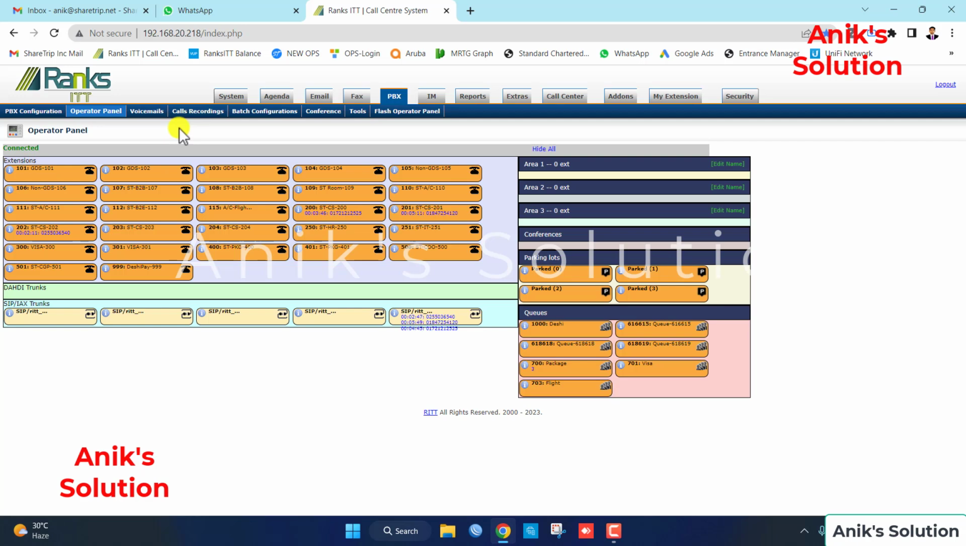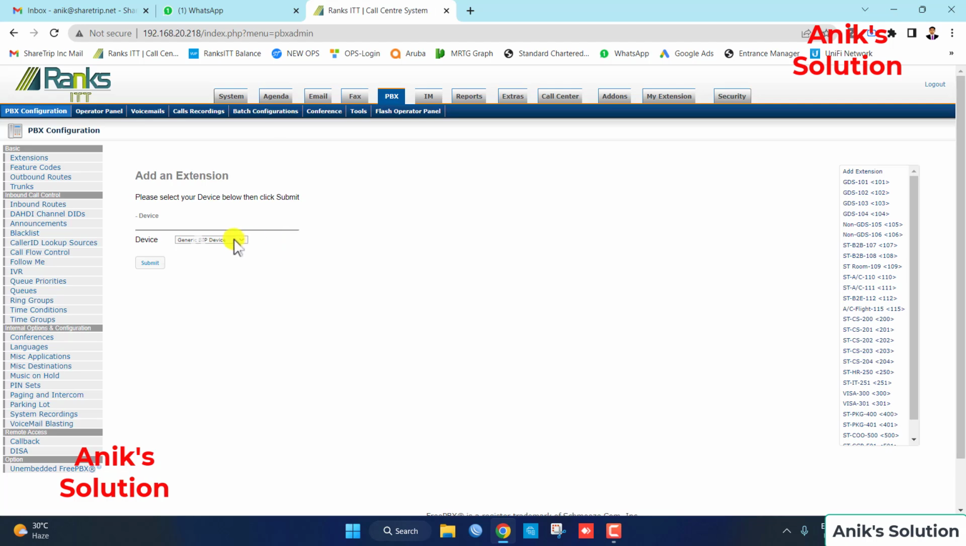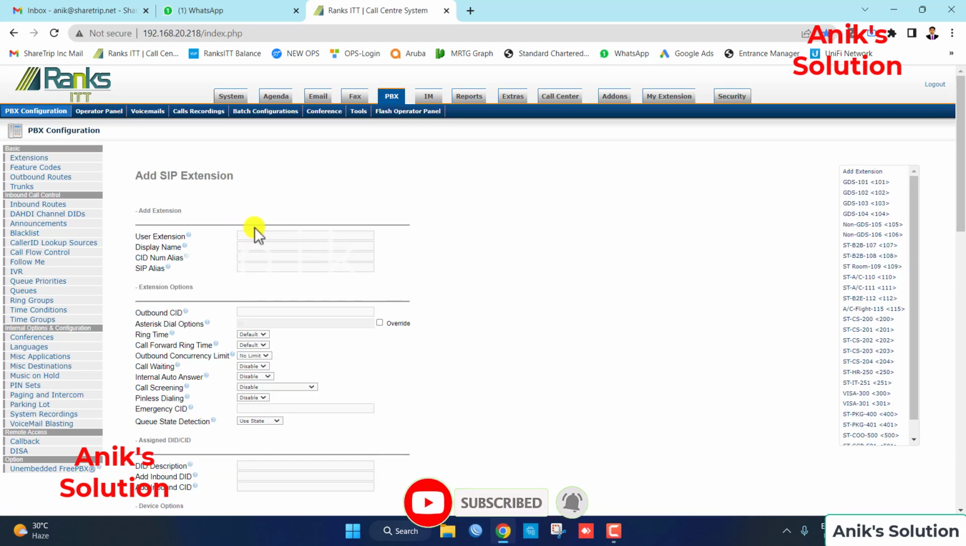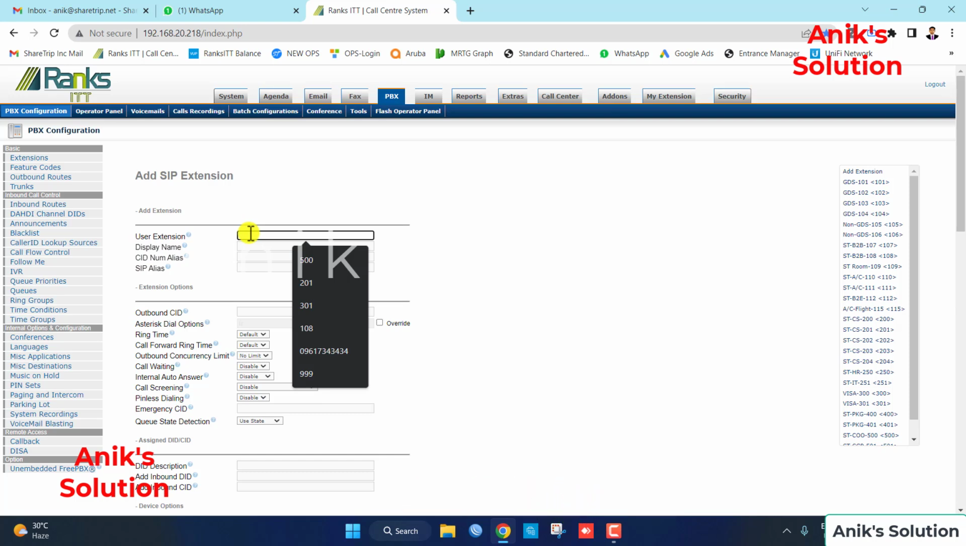Now we add our IP phone extension. Then we go to the configuration and device, add a SIP device, then submit. Here we type our user extension name. I want to write our user extension is 205 and display name is